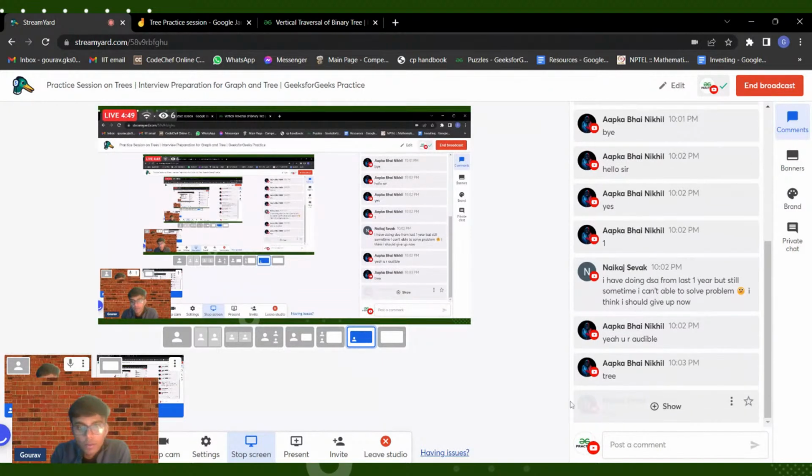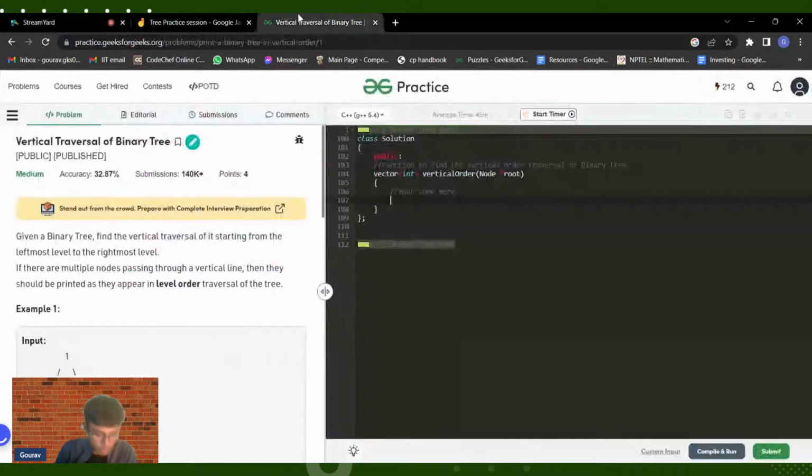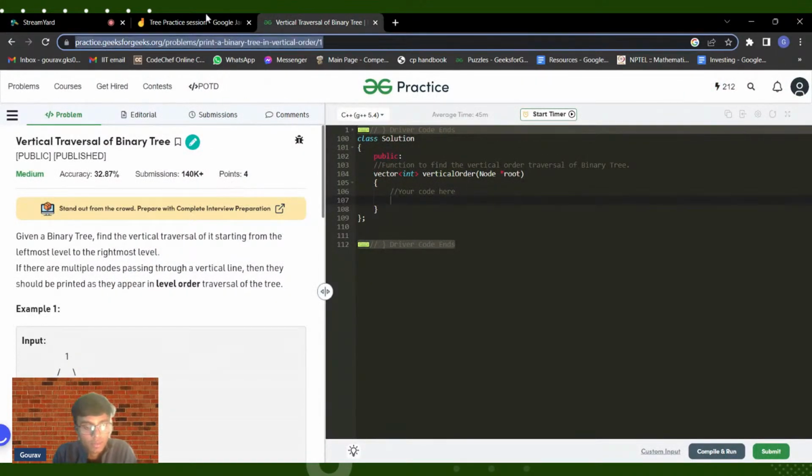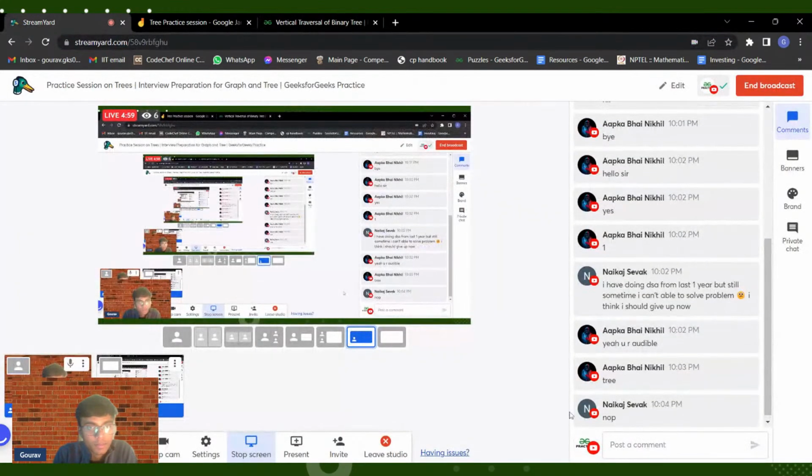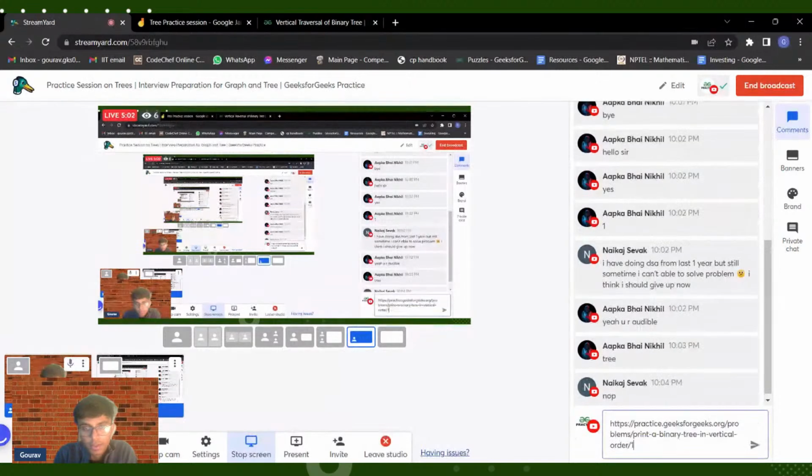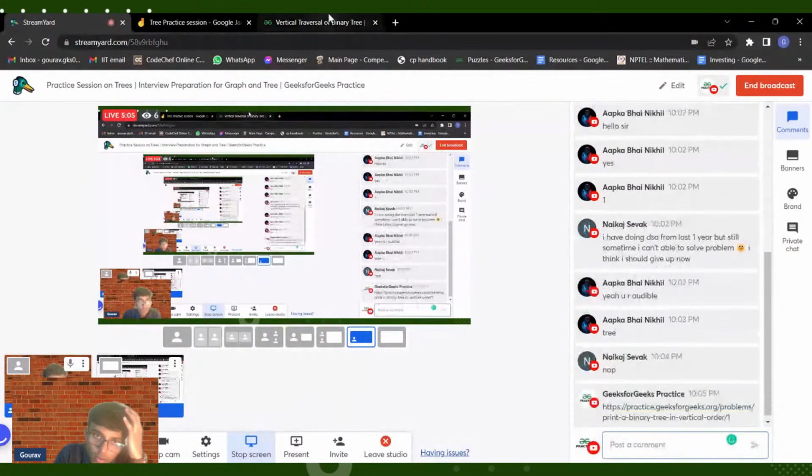Naikaj, do you know about vertical order traversal? This is a question, so let me paste the link of the question in the chat box. This will be helpful. You can just Google the question as well. You will find the GFG practice portal itself. So in this question,